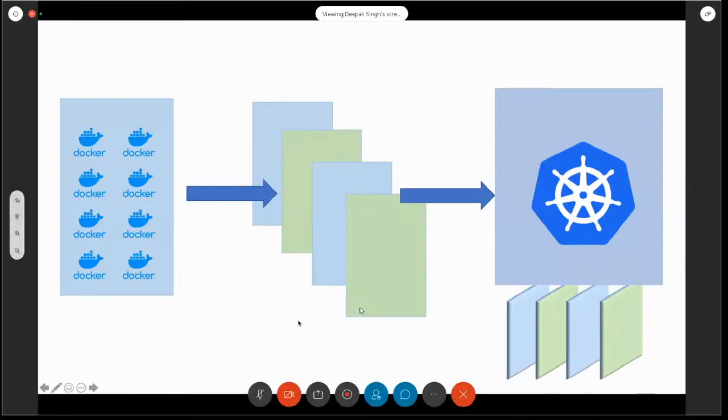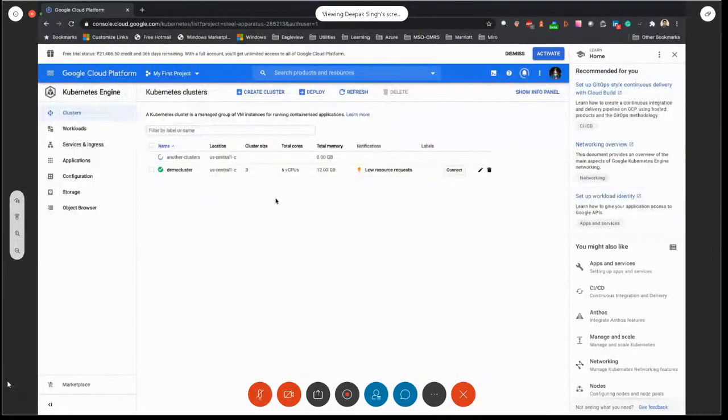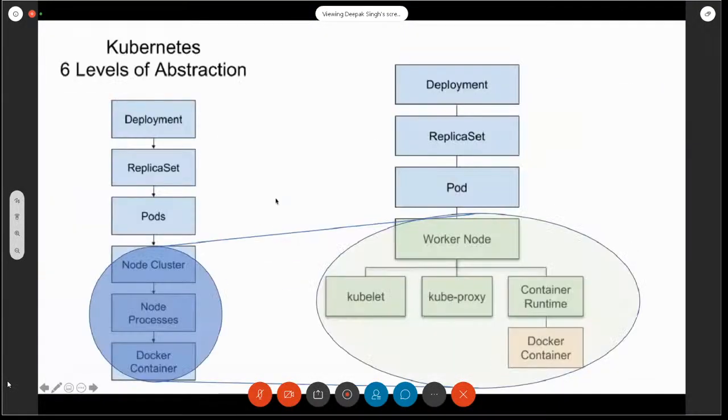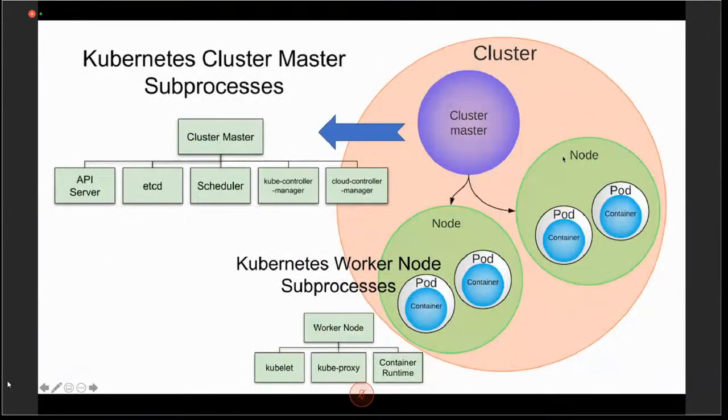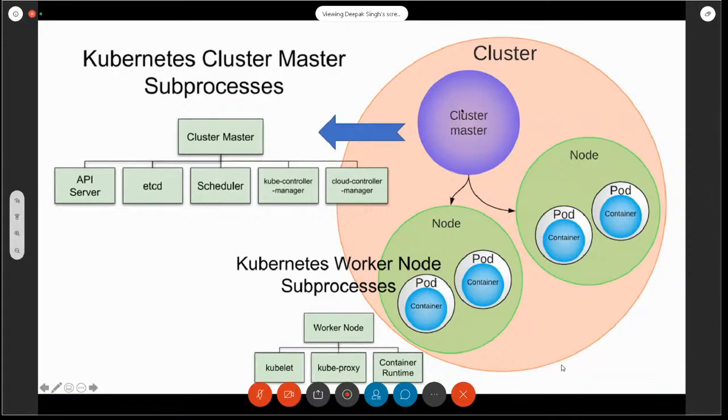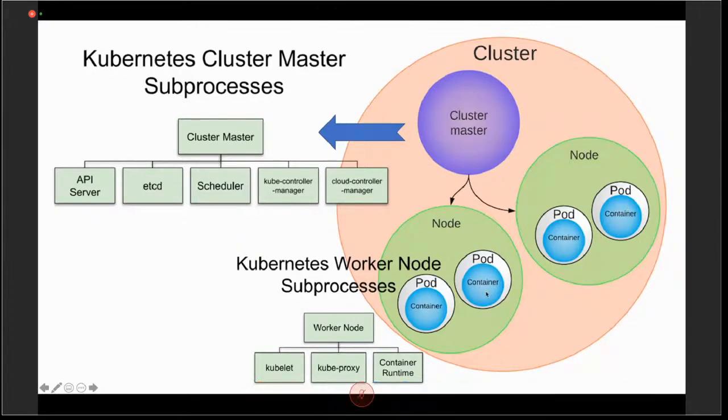Okay. So by the time this comes in, let's go ahead and have a look at this. So this cluster that gets set up here, it has got the master, it has got 2 of the nodes, and on all the nodes, there would be different pods. In the pods runs the container. So I think on a high level, all of us understand to some extent what this is, right?